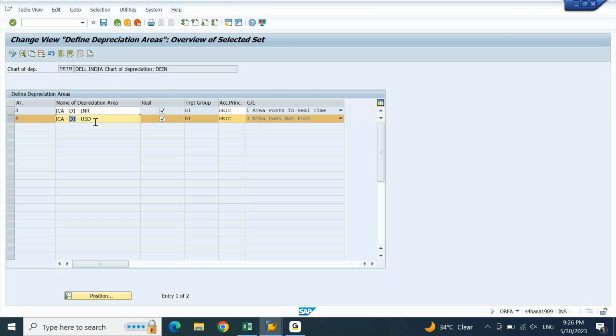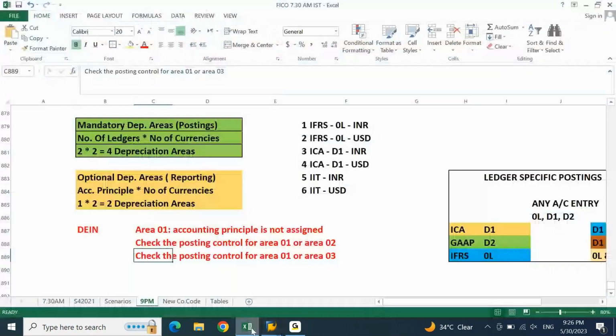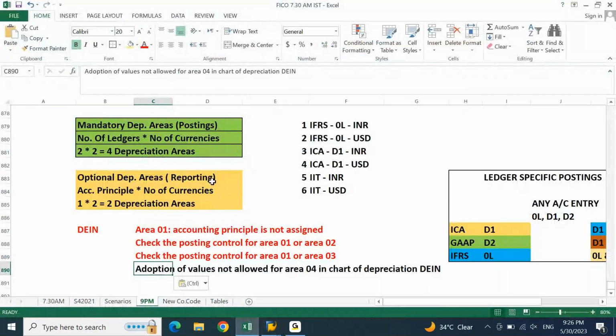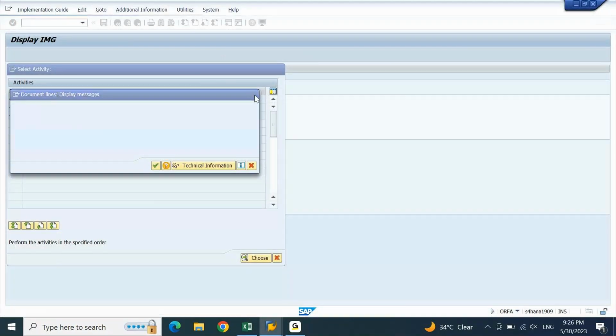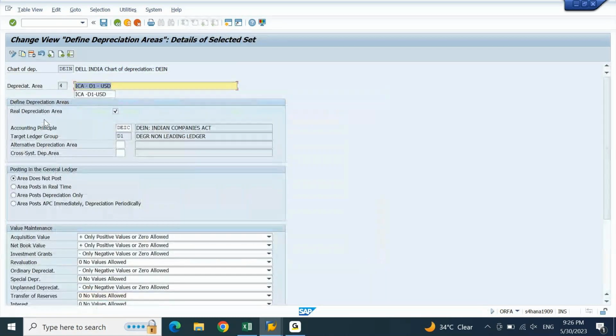Now the system is telling, when you are trying to save, a message is coming. Let's copy this message. Another message. Okay. Now it is talking about area 4. Go back. Double click on this 4. Anywhere are you representing area 1 here?